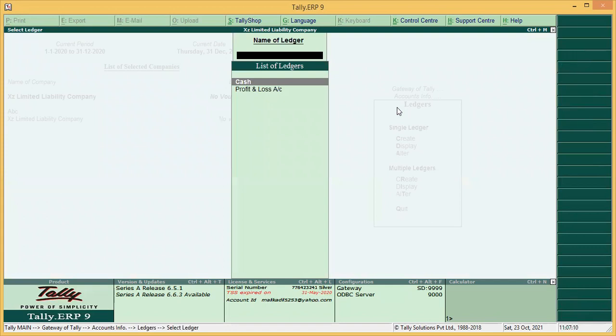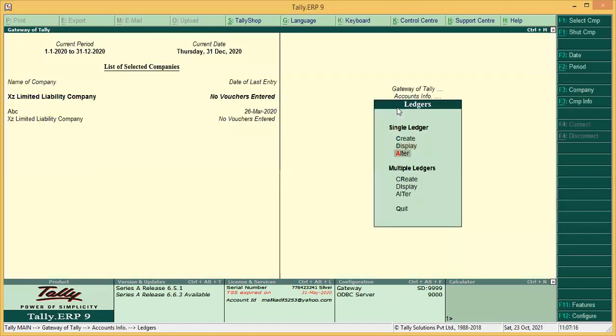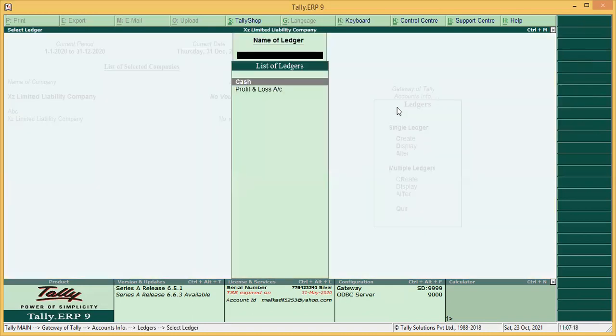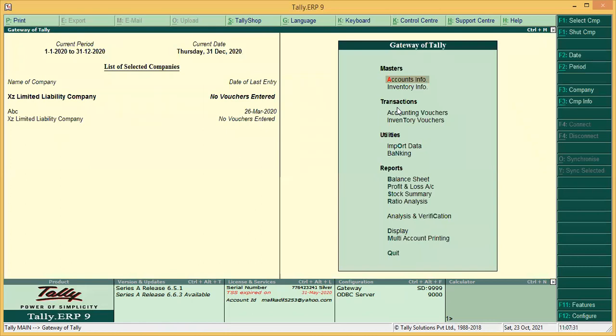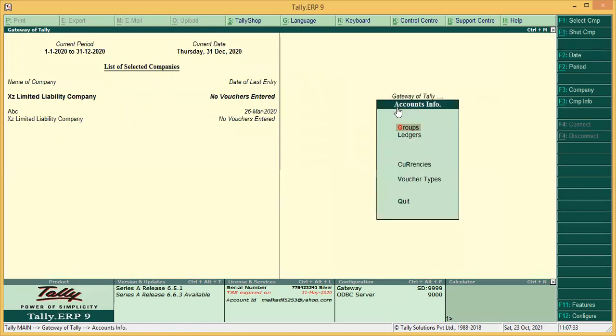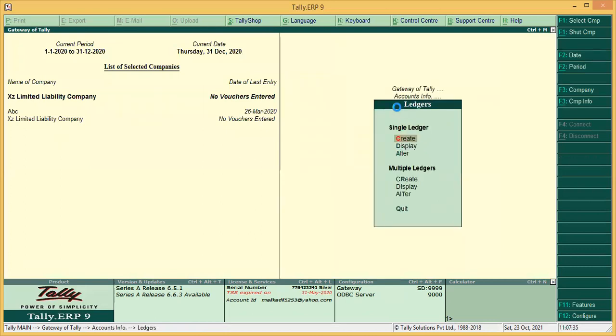We can have a look here at which chart of accounts we have already created, and Alter is for changing. So if you already put the wrong spelling or you want to change the name of your supplier, all these changes you can do here. Correct. So how you will create: you will go to Account Info, Ledgers, select Create.